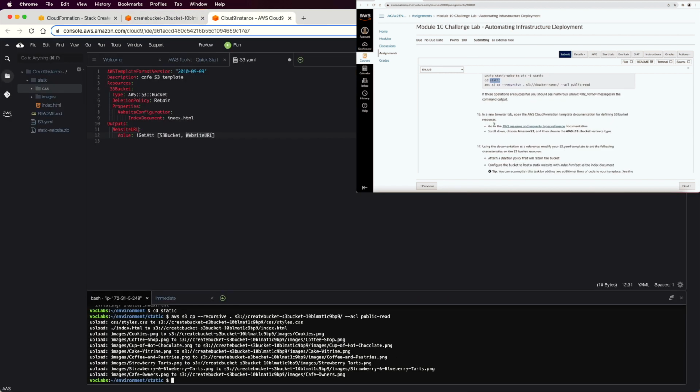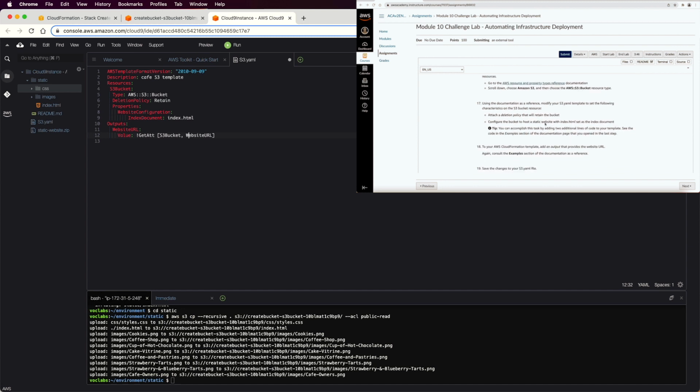Now, in step number 16, as I said, we want to enable two things. We are going to enable the deletion policy to retain, and also make the properties activate static website hosting and load the file index.html and get the attribute of the website URL from the bucket. So we're going to update the S3 bucket, and we attach the deletion policy. And then we need to go to the CloudFormation,